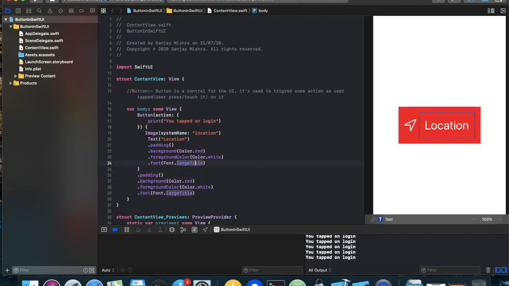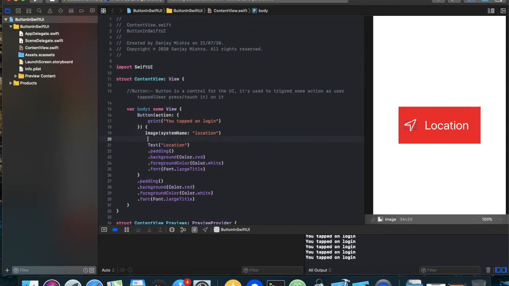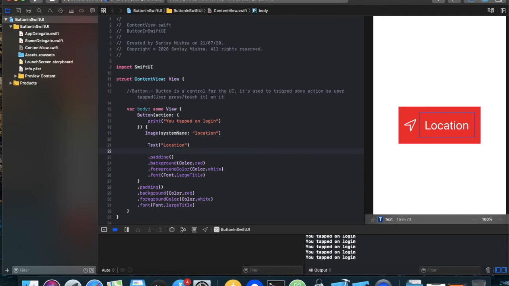If you want to apply individually, we can apply for image and text, because this image is a separate control, and this text is a separate control. If you want to apply for the entire control, you can apply these things outside of this. Just apply every styling after this closing bracket. And if you want to apply individually, you can apply individually for image and individually for text. So this is how we can implement a basic button in our SwiftUI.